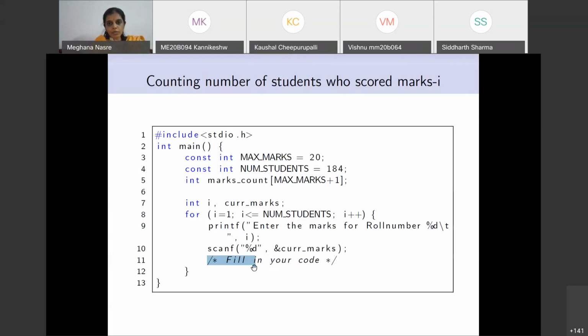Right, so this is what you have to write code for here in line 11, 12, or however many lines you want. This loop runs from 1 to number of students, and you have to enter 184 things, and it keeps processing them. While all of you try to fill in this code, please do it in your notebooks or text editors, wherever you are comfortable. Please write your answers in chat once you are done. Till then, I'll read the chat messages that you have sent me.